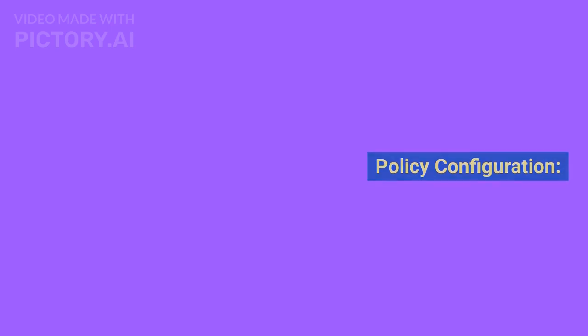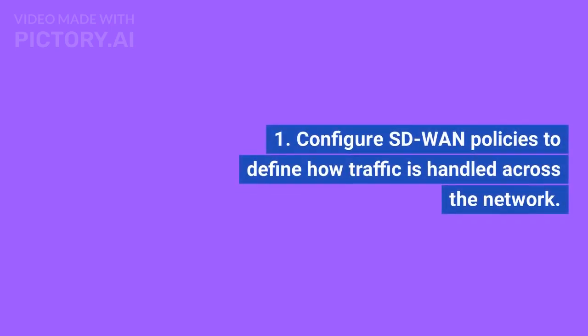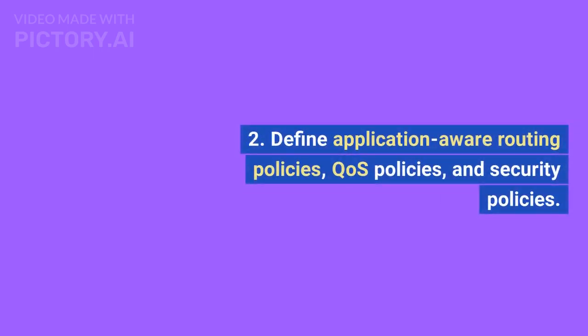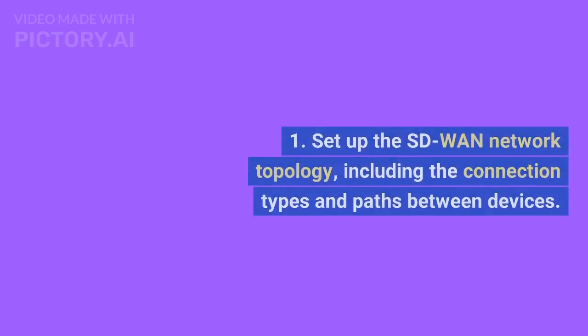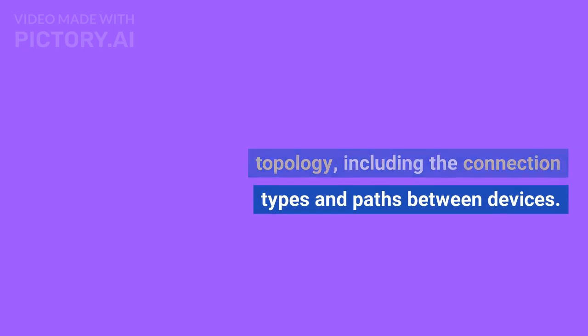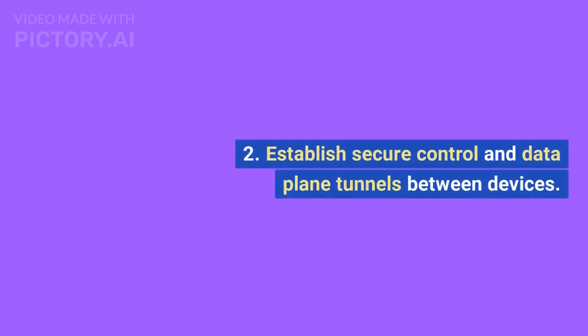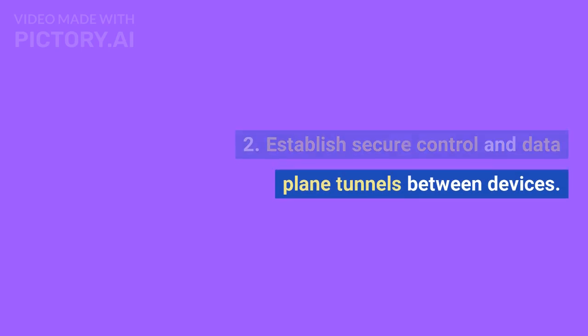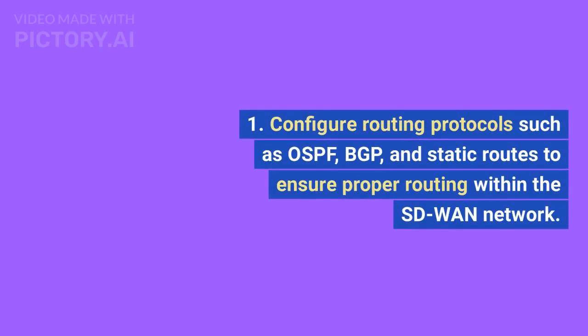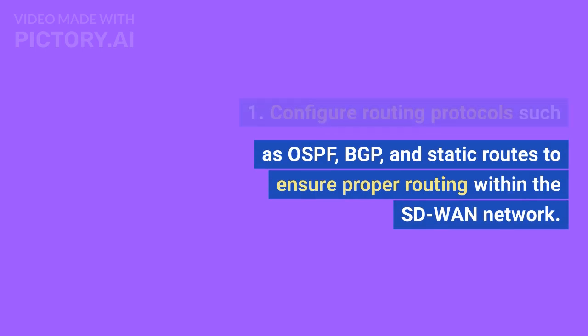Policy configuration. 1. Configure Sdwan policies to define how traffic is handled across the network. 2. Define application-aware routing policies, QoS policies, and security policies. Topology and tunnels. 1. Set up the Sdwan network topology, including the connection types and paths between devices. 2. Establish secure control and data plane tunnels between devices. Routing configuration. 1. Configure routing protocols such as OSPF, BGP, and static routes to ensure proper routing within the Sdwan